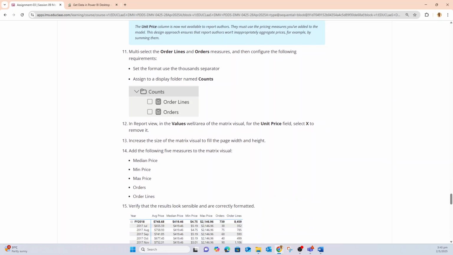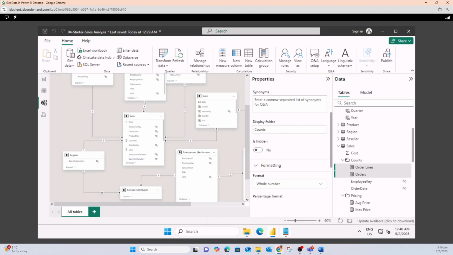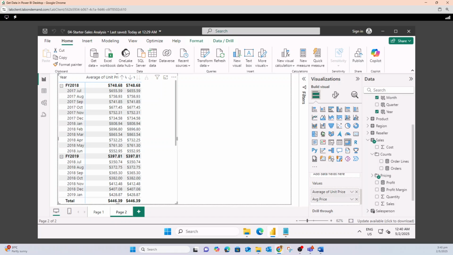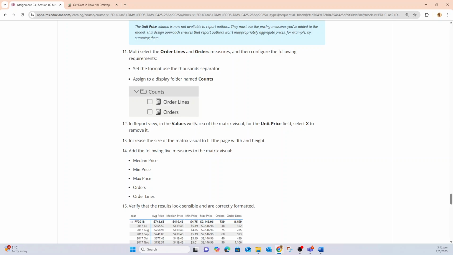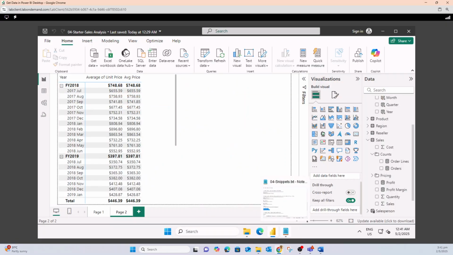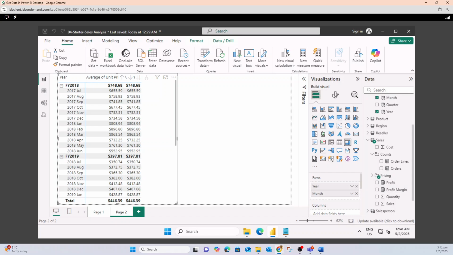In the report view, in the value for the unit price field, select the cross to remove it. You don't want the unit price. Increase the size. Then add the following 5 measures. So the average unit price, you're going to remove this one. Remove. After that, you're going to add the